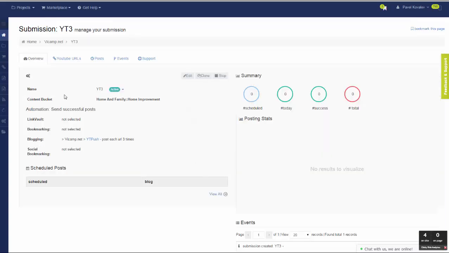So submission is created, and you can see on the overview panel that it says YouTube 3 submission will be using this content bucket.